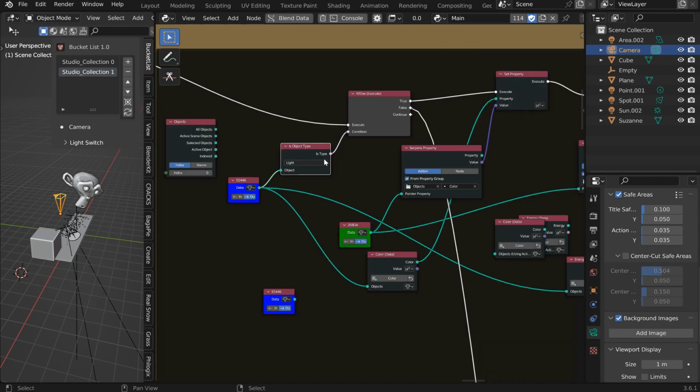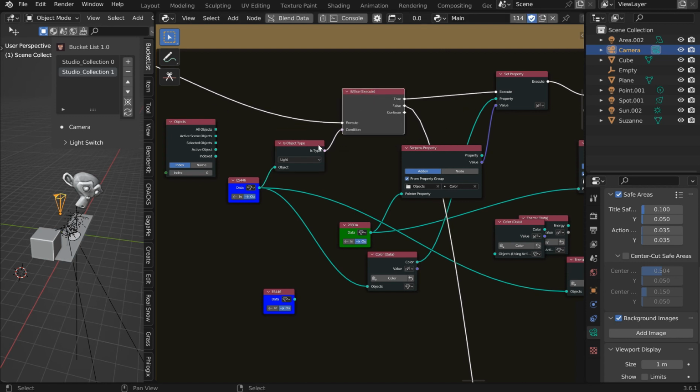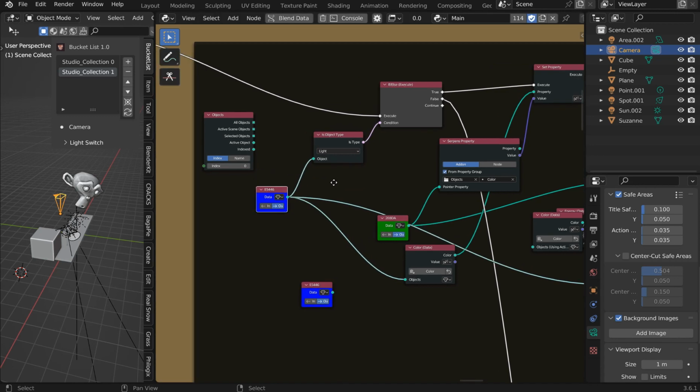But anyways, I ran into a problem in trying to display these with the if-else when I want to switch from a light to a mesh to store the properties. And so in the display collection list,